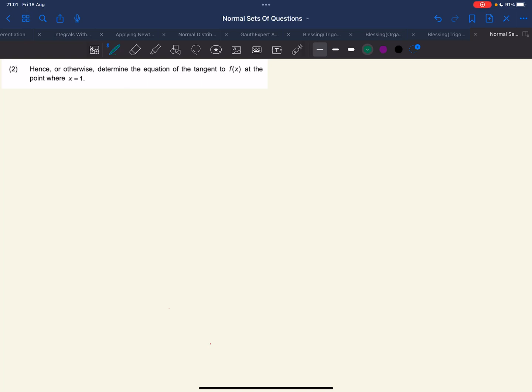Okay, right. Now we are doing question 2. So in question 2, they say that hence or otherwise determine the equation of the tangent to f of x at the point where x equals 1. So the first thing first, we are given that,